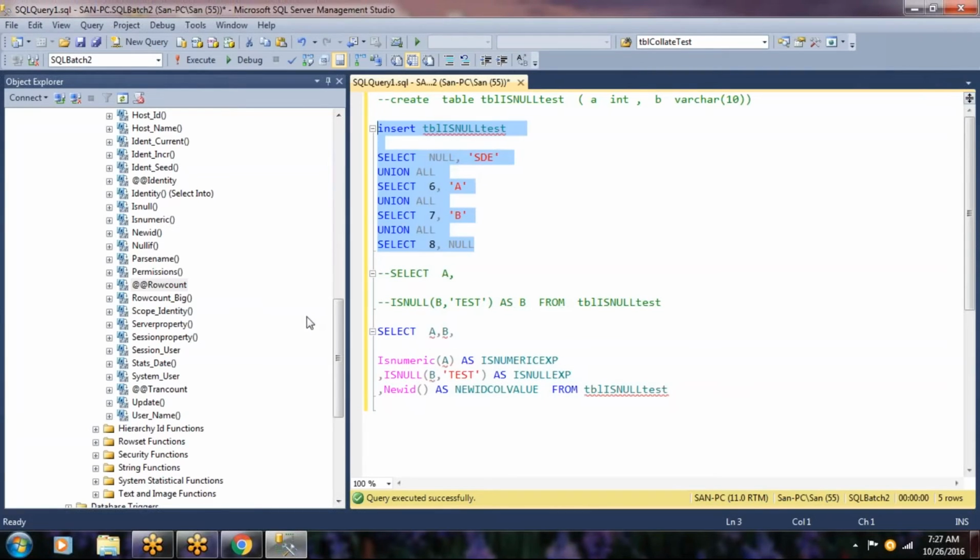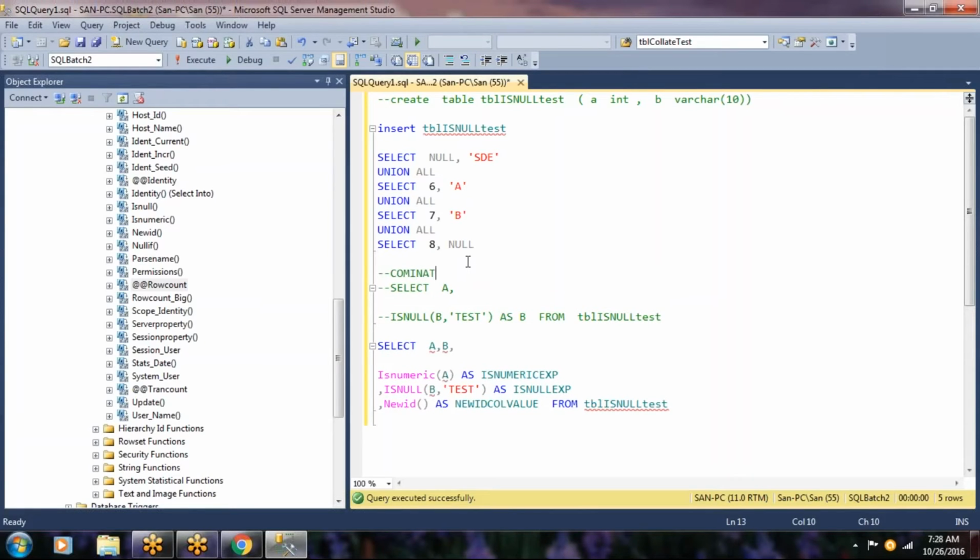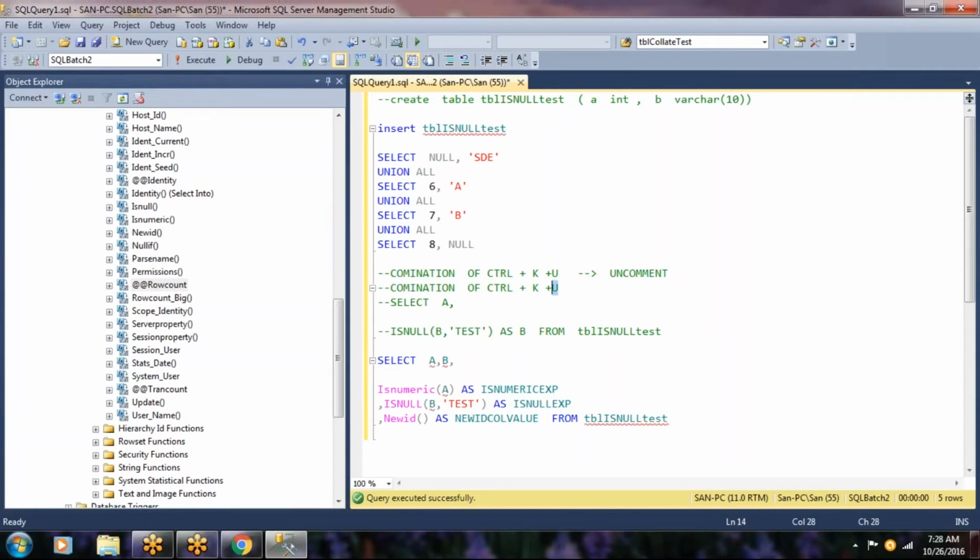K means the alphabetical letter K. U means uncomment, and if you press C here, it comments.